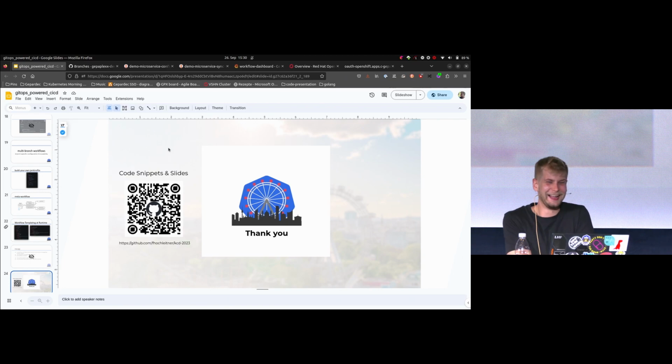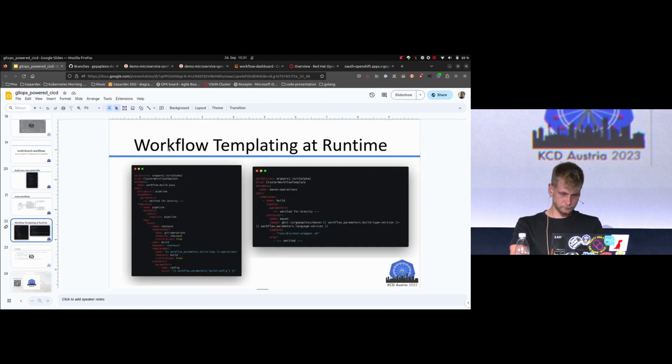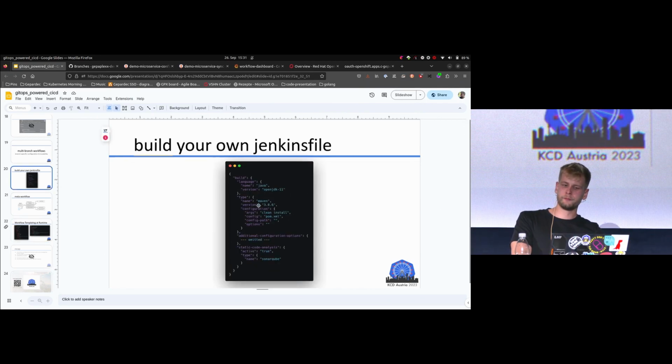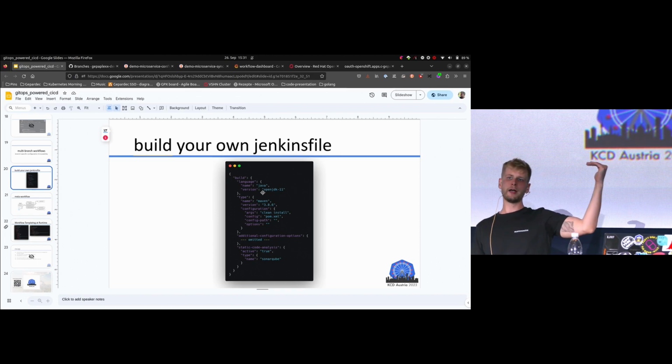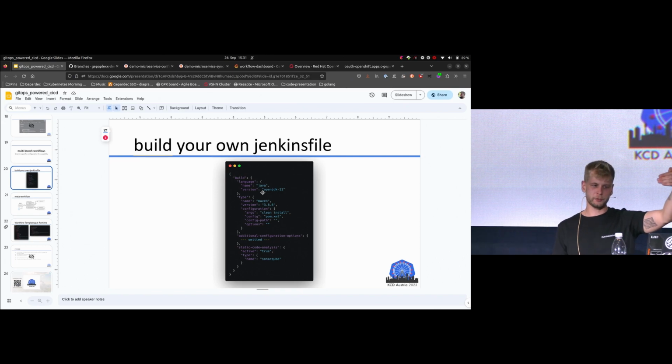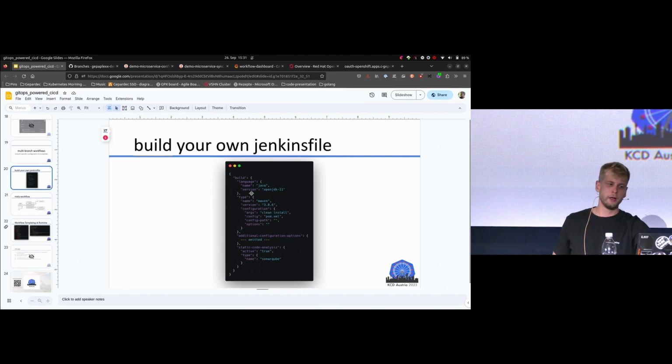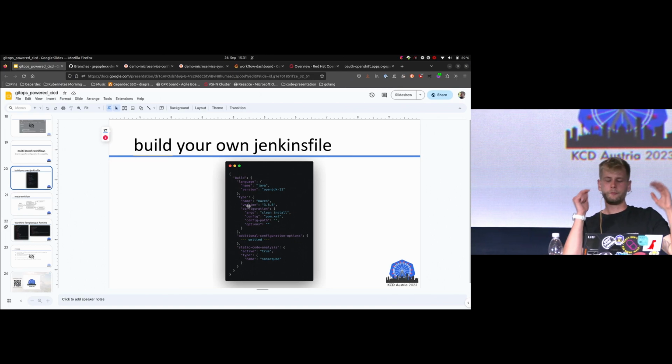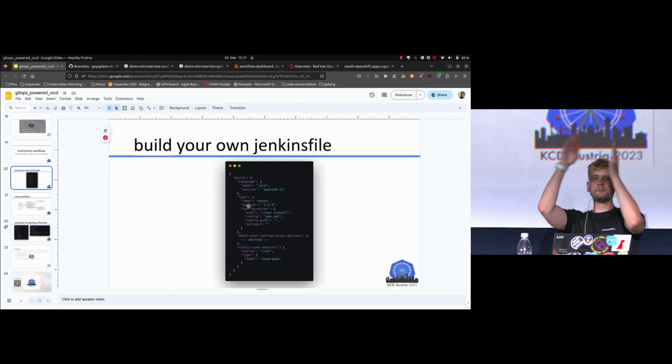Hi, thank you for the presentation. I have a question for one of the last slides. You said there were some inputs based on branches. How do you provide those inputs? So basically, this is the configuration file that we check out from the branch. We know which branch we are on because our Git provider sends it in its payload. So we clone the repository, check out this workflow descriptor, and then we parse it and input it in the actual